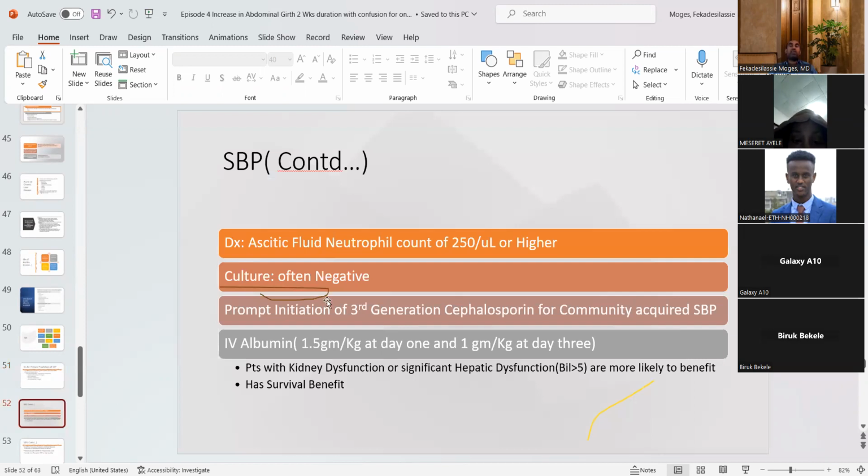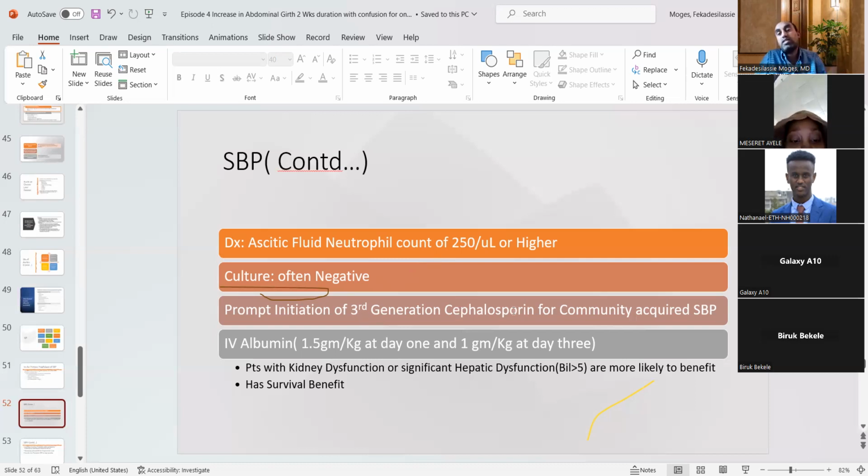If a patient has already developed SBP, what is the diagnostic criterion? It is the ascitic fluid neutrophil count. Not the total cell count, but the neutrophil count has to be 250 per microliter or higher. Culture may be negative. Immediately, once you diagnose SBP, you have to start treatment with third generation cephalosporins like